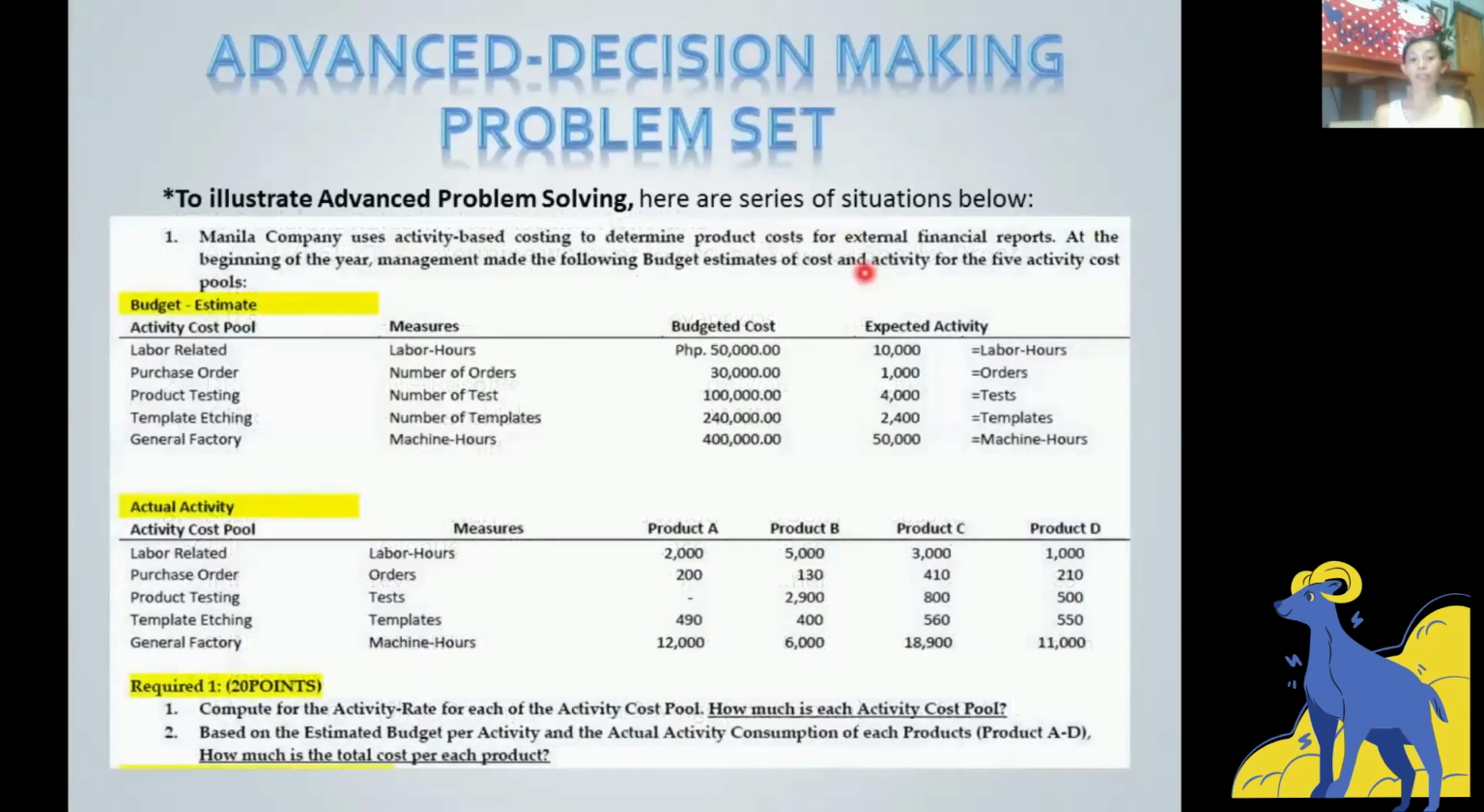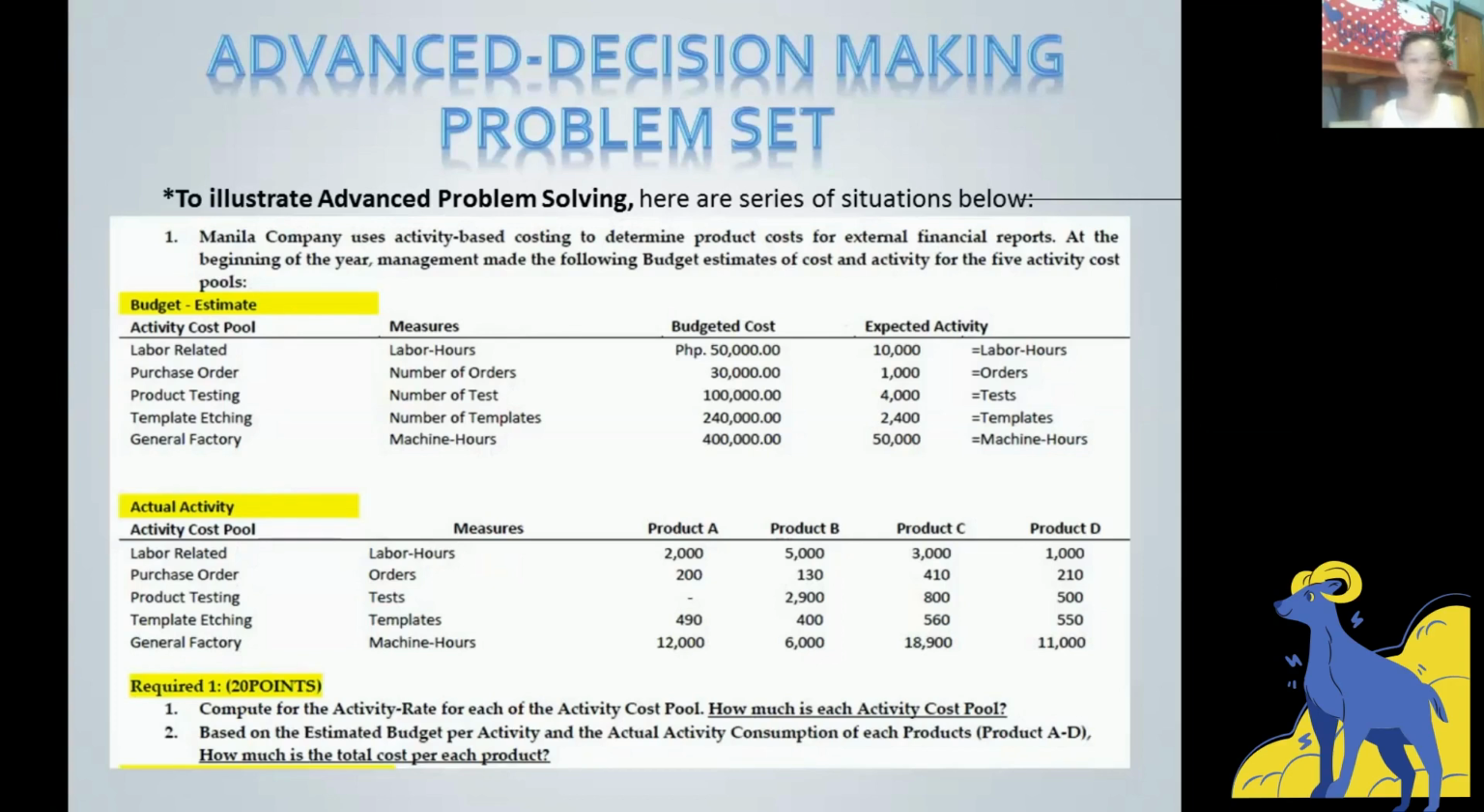Okay, to illustrate the advanced problem solving, here are a series of situations below. So this first situation is a routine decision. When we say routine, once again, it is a normal operating procedure or normal operation of the business, wherein the business manager or owner will check the cost of each product produced or manufactured